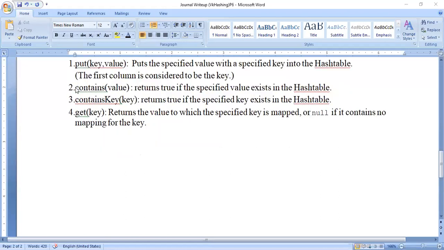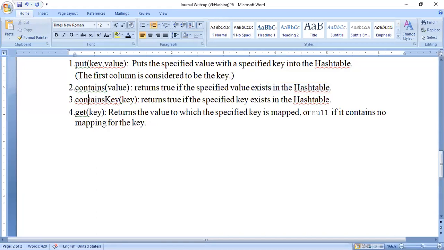The second method is contains. The contains method returns a boolean value, true or false. It checks whether the given value exists in my hashtable. If it exists, I get true. If the value doesn't exist, I get false. A similar method is containsKey.